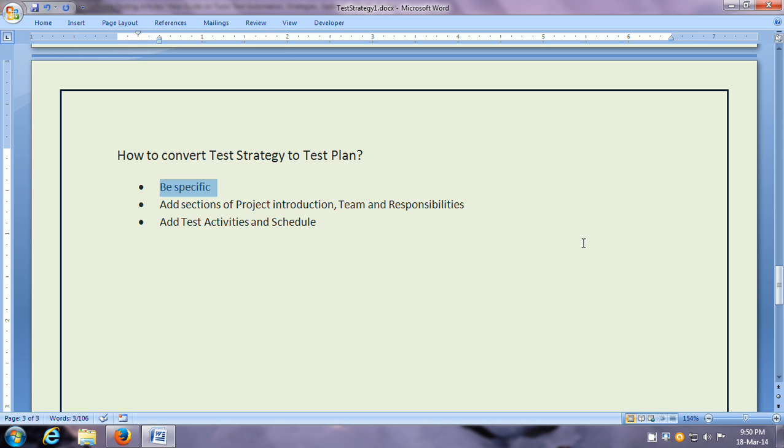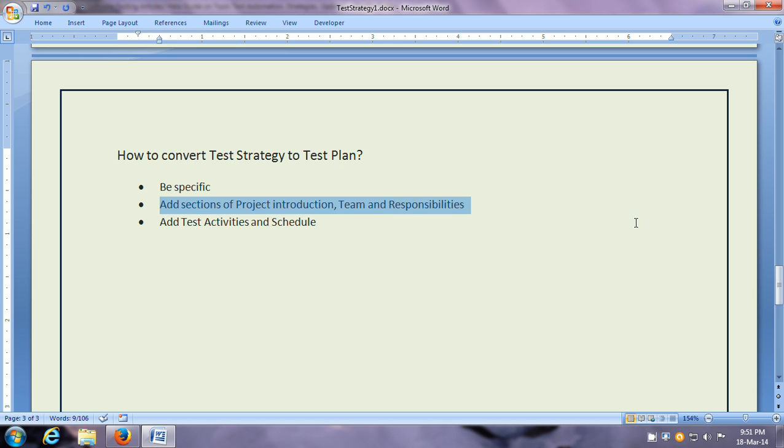So maybe you don't need a particular quality and test objective. For example, availability of the system is not that important, so you can remove that section. Or maybe security of the system access is not that important, so you can remove that section. If some other section is required, you can add that section, but the agile test plan has to be totally specific to that particular project.